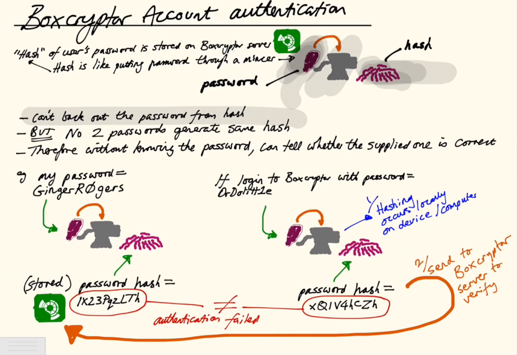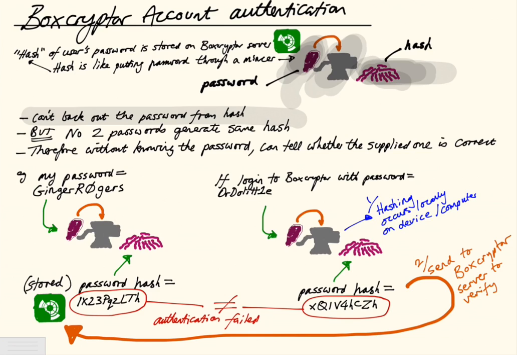However, you're also guaranteed, when I say guaranteed, I mean there's an almost infinitesimally small probability that this would be violated, that no two passwords will actually come through this machine and produce exactly the same pattern of mince on the other side. So they're not going to produce the same hash, if you like, right? So yeah, it's a bit of a long-winded concept, but it's just very key to know that basically